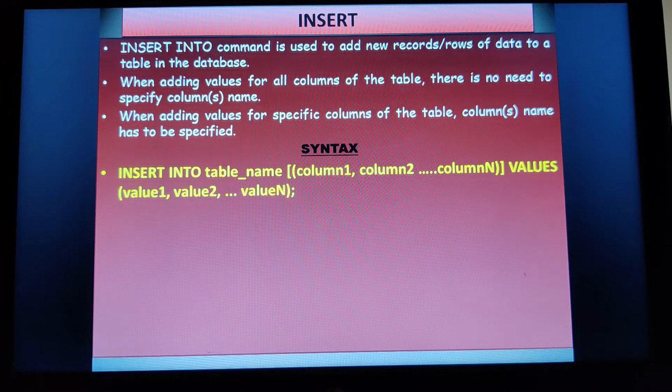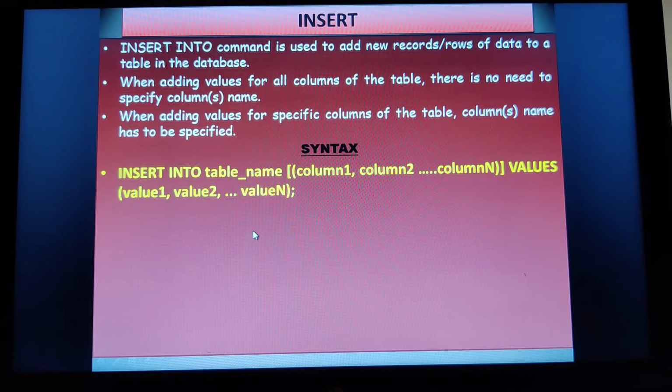If you have created 5 columns and want to add values only for 3 columns, then use this particular format. Whenever you want to add values to specific columns of the table, the column names have to be specified.